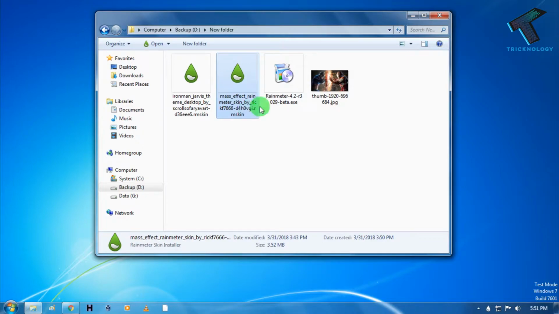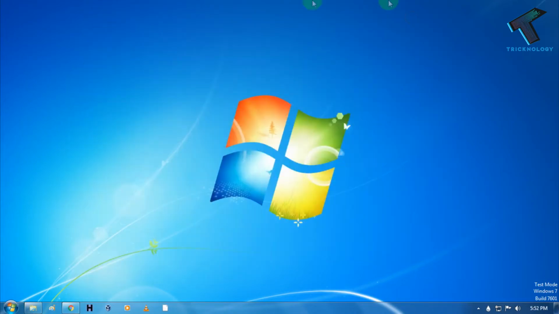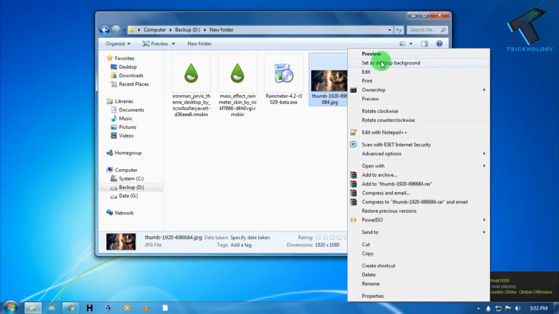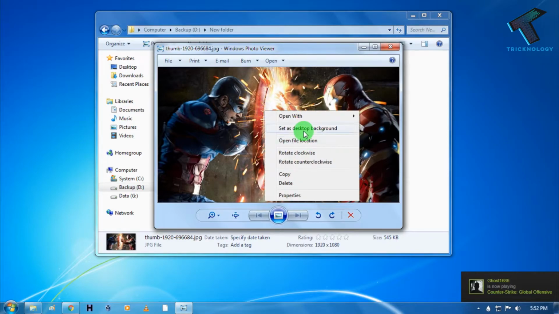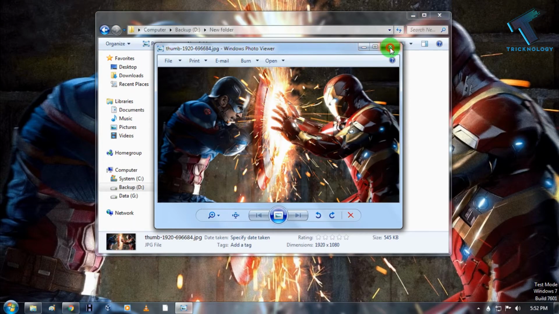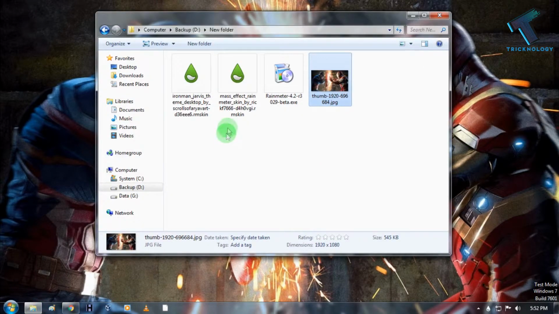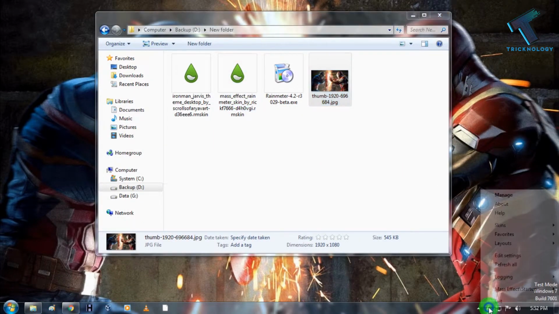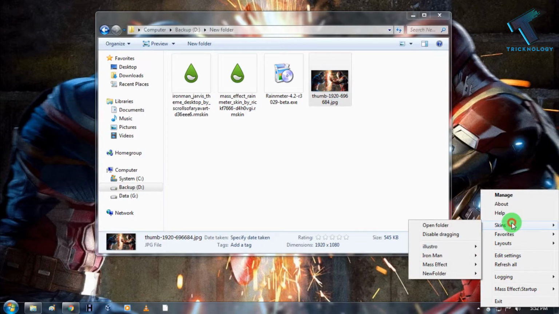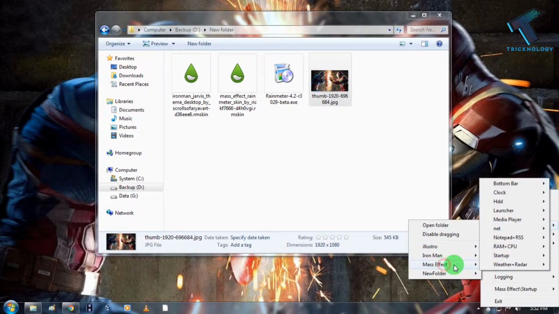Now what I have to do is change the wallpaper of my desktop. I have already downloaded one image of Iron Man, as you can see. So I will set this wallpaper to my desktop. It looks like this. Now I will set this Mass Effect theme. So right click over there. After that click on go to the skins and then Mass Effect, and